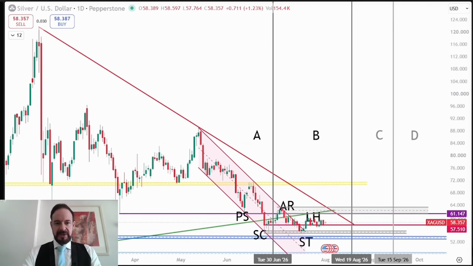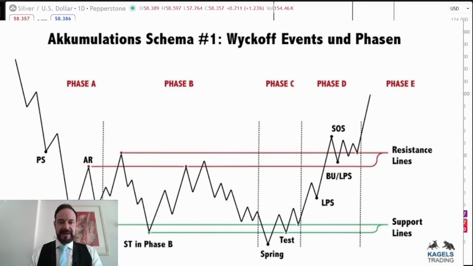Lots of you asked for an analysis of the silver price through a Wyckoff accumulation pattern. I did a video for gold, analyzing gold through the Wyckoff accumulation pattern. Well, we're going to start with the technicals, and I'll keep it a little shorter because, again, as I said,